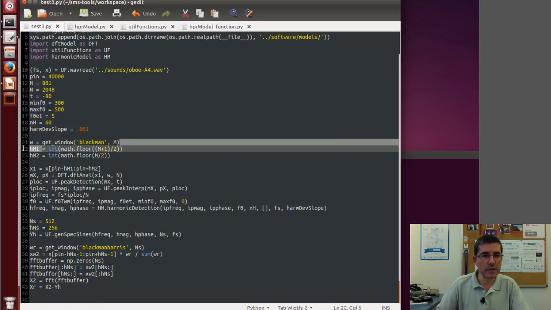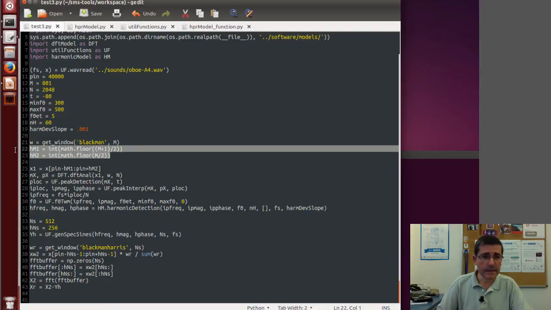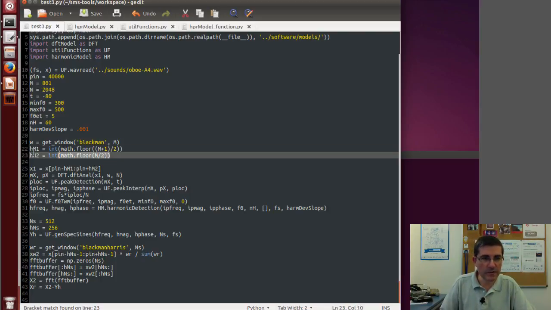Okay, so these are the parameters, and now we start by computing things. First we compute the analysis window, and we take the Blackman window. Then since we're going to be doing this subtraction, the phase information is fundamental. We need to do a zero phase window. This is where the idea of centering everything around zero is fundamental, so that the time domain waveforms align perfectly, so that the phases match, and therefore the subtraction is possible. And here the odd size window is again fundamental, so that's why we need to compute the center of the window